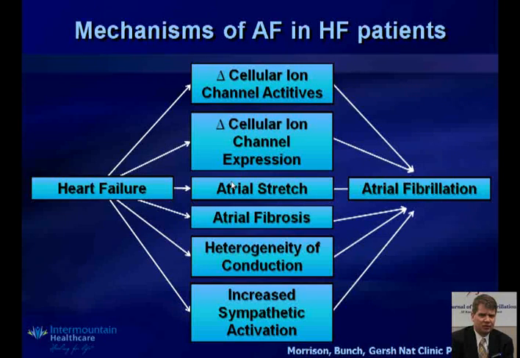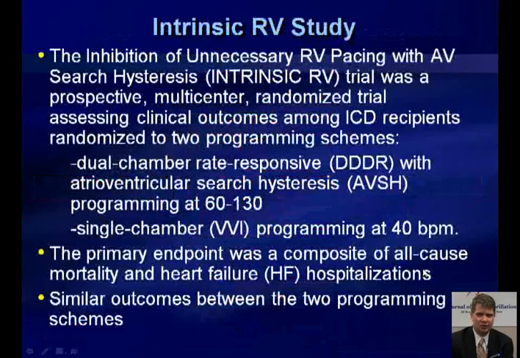Really the mechanisms of atrial fibrillation and heart failure are manifold, and some of the things that we have seen is they change the cellular ion channel activities. We see changes in channel expression, atrial stretch, atrial fibrosis. This results in heterogeneity of conduction and an increase in sympathetic activation. And all these mechanisms ultimately lead into atrial arrhythmias and the coexistence of the state of atrial fibrillation and heart